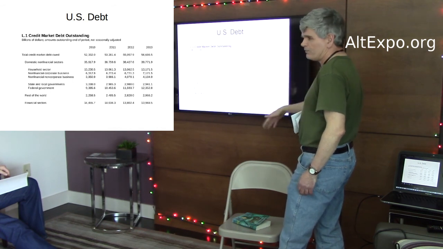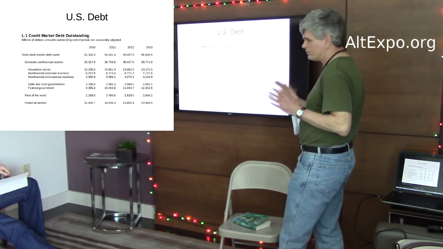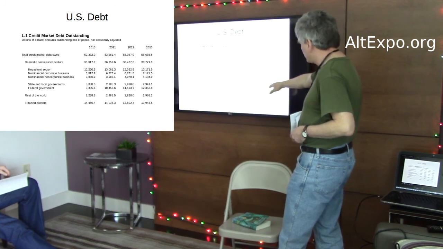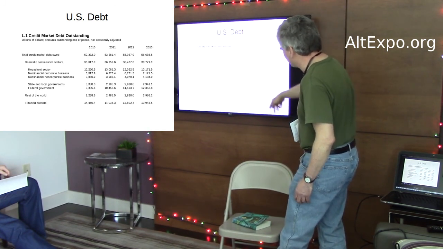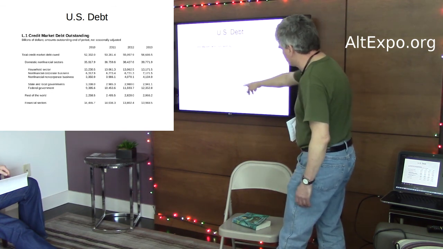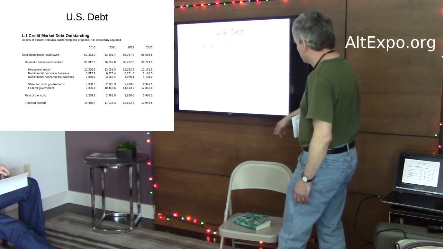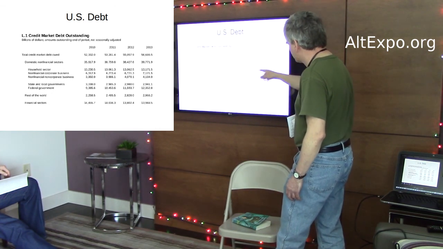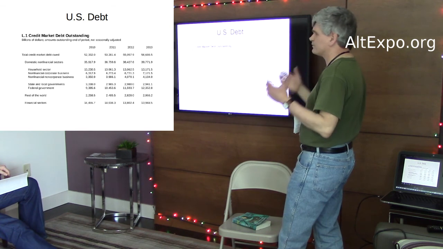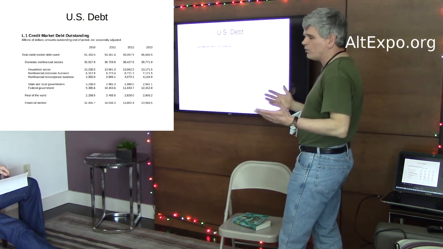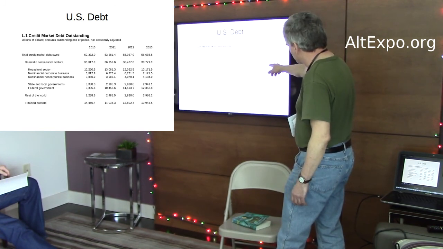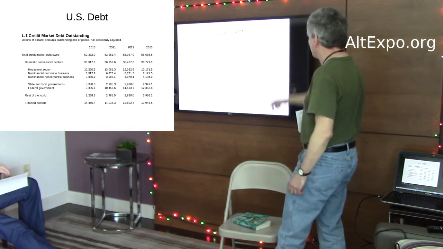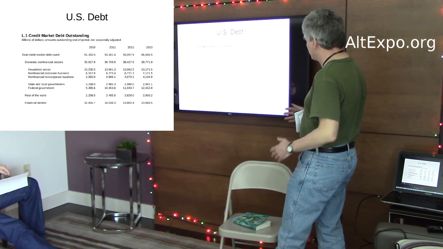This is not even counting the other 5 trillion that the government owns. This is just the publicly held debt. But this is just one piece of the pie here. There's another almost 3 trillion of state and local government. Businesses have another 11 trillion, and the household sector, 13 trillion. That's everything from home mortgages to credit card debt, just everything. And so it's adding up to a total for the domestic non-financial of almost 40 trillion debt as of